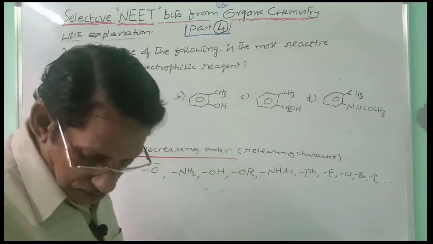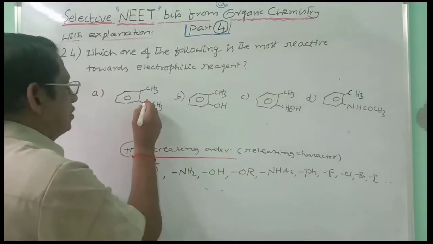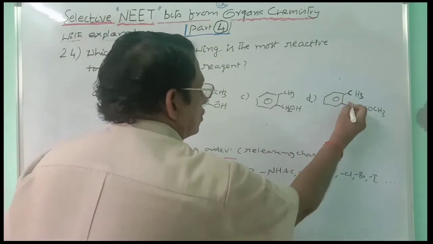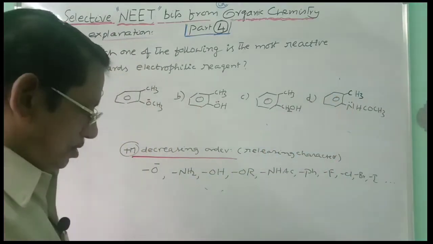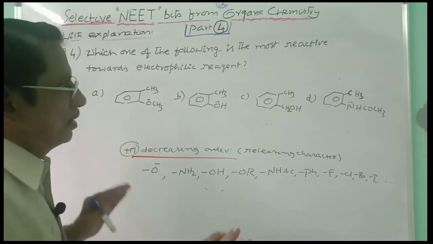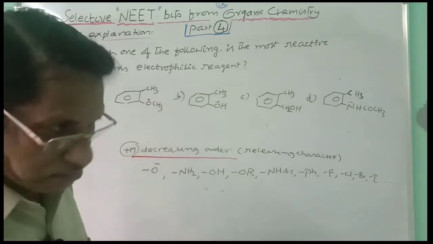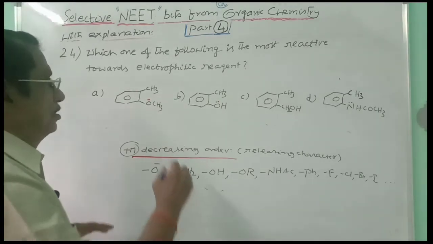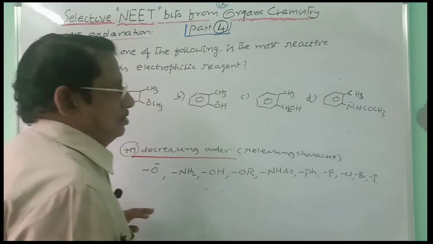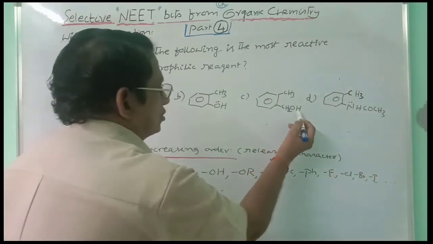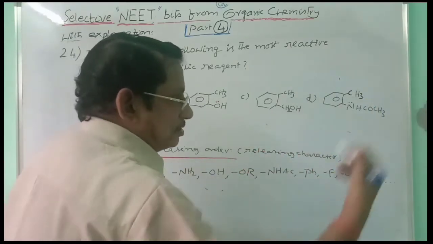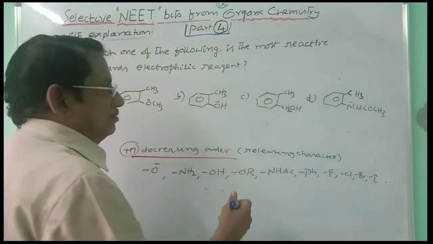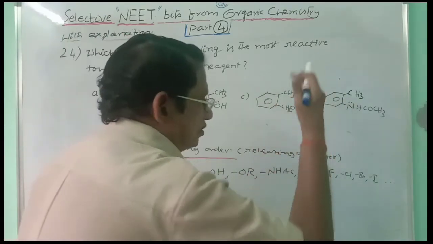If you take these, this one has a lone pair, this has a lone pair, this is not having a lone pair, and this has a lone pair. And those groups will be electron releasing when attached to the benzene ring through plus mesomeric effect. But out of these three, which is more electron releasing? And CH2OH, of course, the OH is attached to a saturated carbon. This has a minus inductive effect, and thereby it is withdrawing the electrons from the carbon. The donation character is decreased here. This is the least reactive towards the electrophilic reagent.